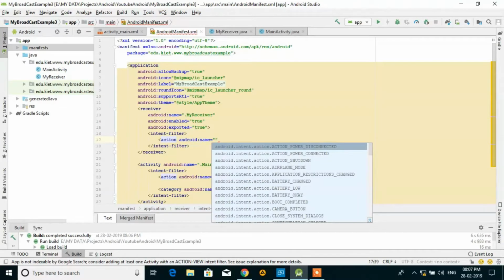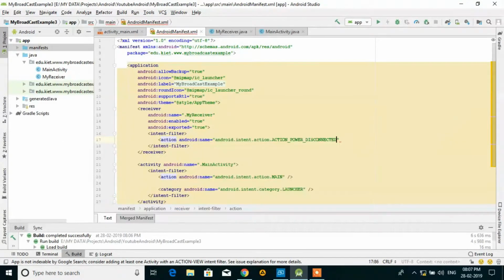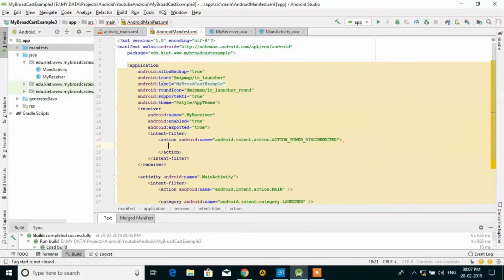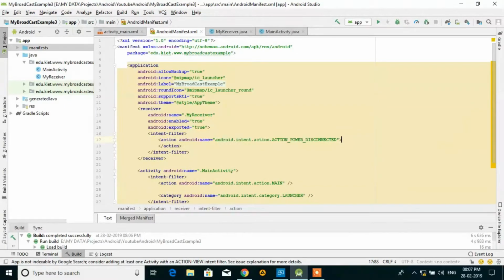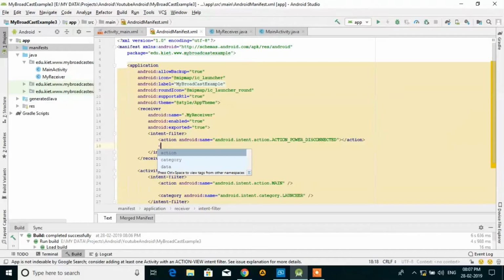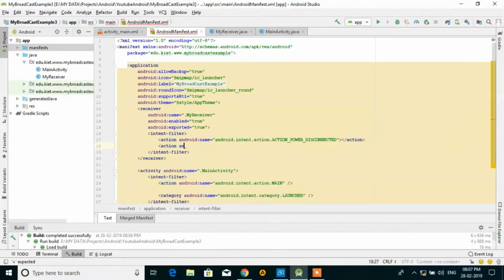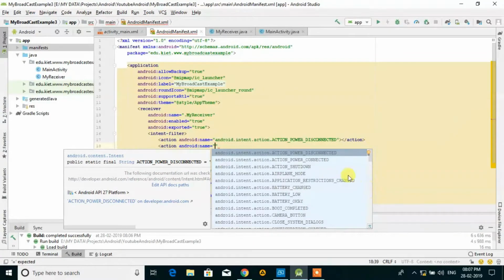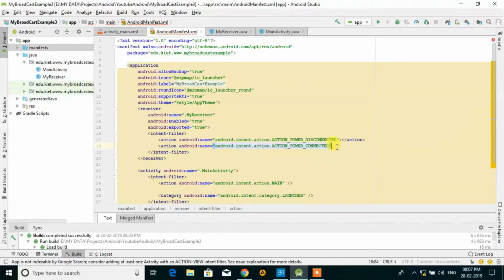The name of the action: first of all I want to put power disconnected and power connected. Power disconnected, and power connected action. This broadcast receiver is for connecting and disconnecting of the charger on your mobile. It automatically fires some event. So we are taking here the action for disconnection and connection of the charger.